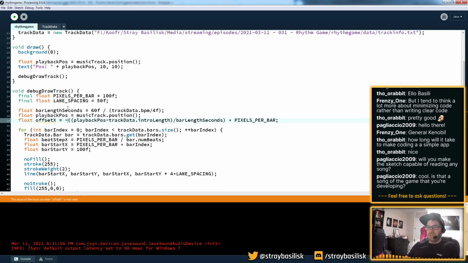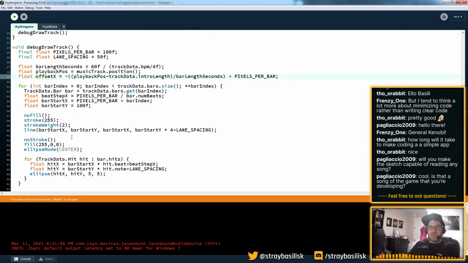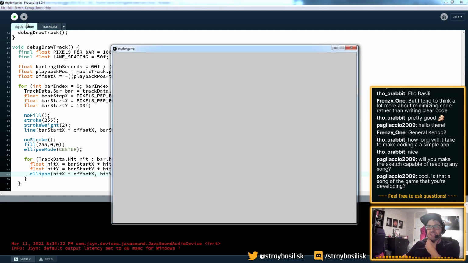And I'll just make this a negative. So now when we draw this, I can just do plus offset X, again here, like this. Actually, let me do it here. Be a bit more consistent about where I apply the offsets. It's probably going to go in the wrong direction or something, but